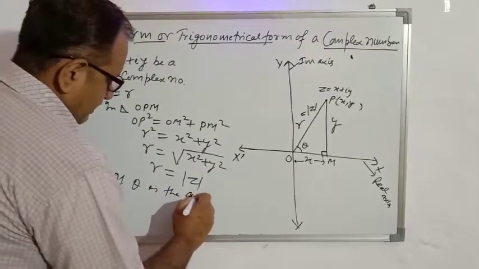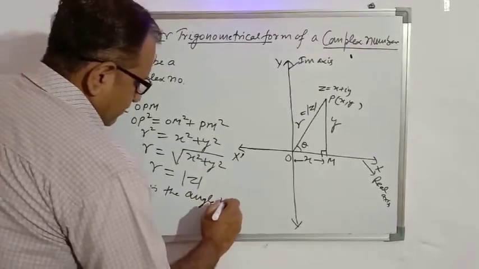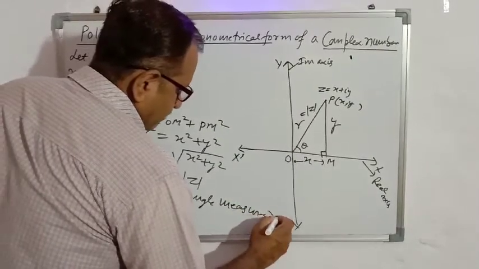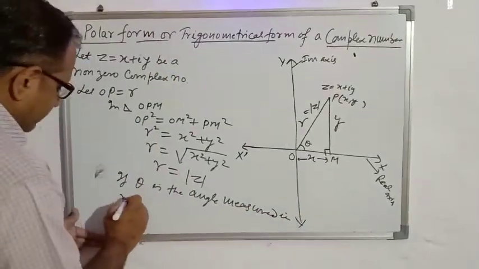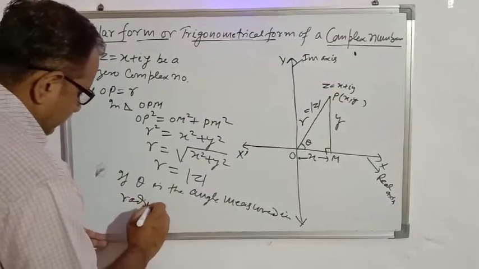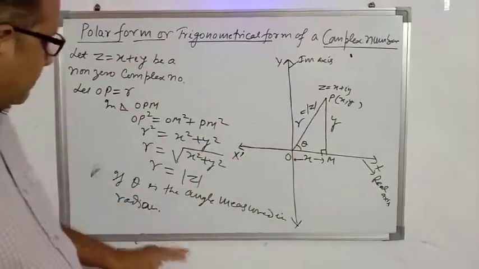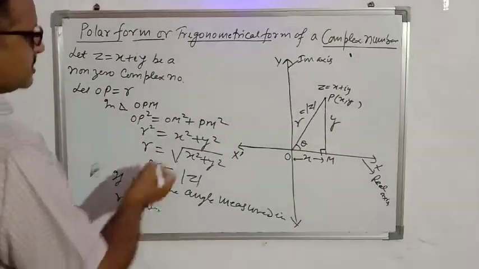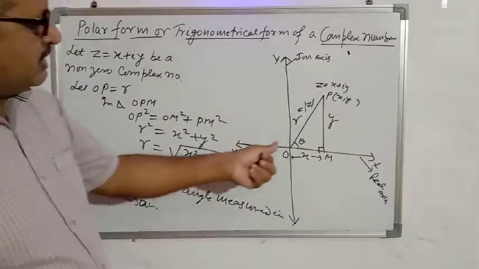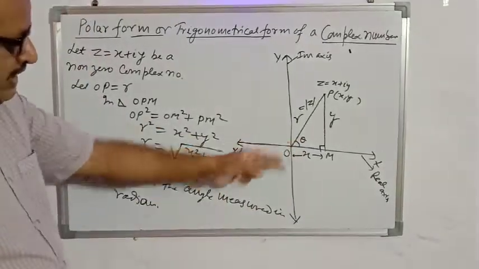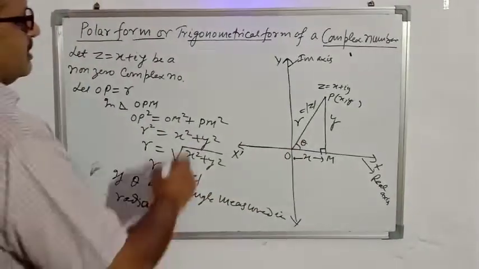The angle can be measured in degree or in radian, but here we have to take theta in radian. Then